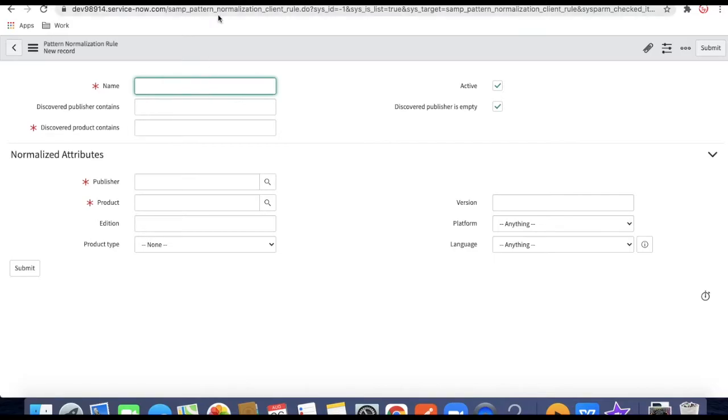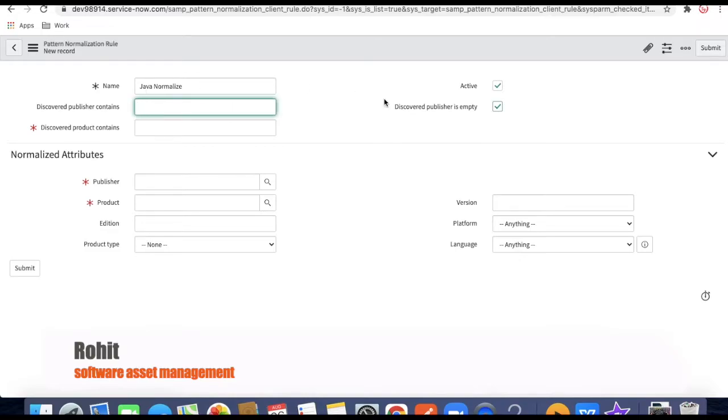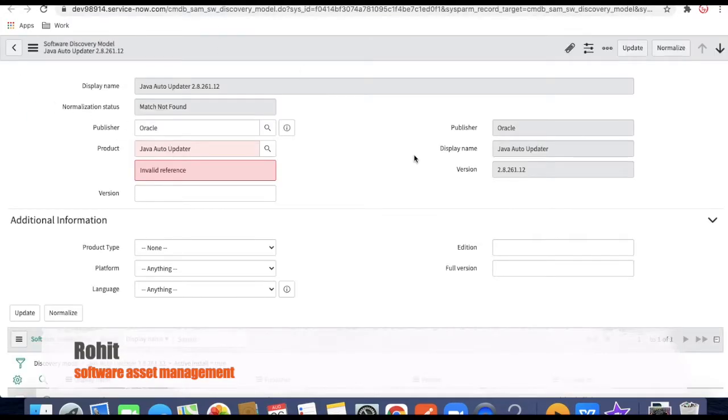In our case, we can call it Java normalize, okay? I just uncheck this one. So what it is saying is discovered publisher contains, so what should be the publisher?